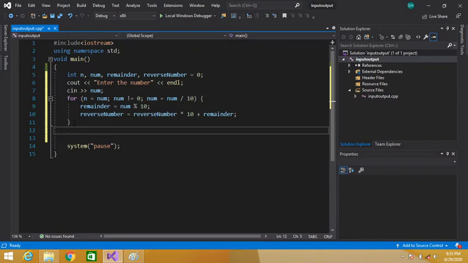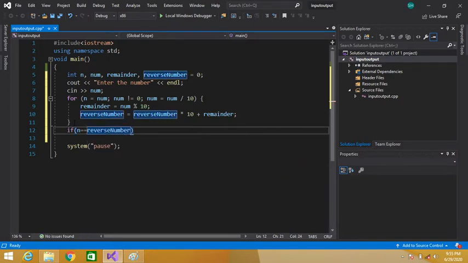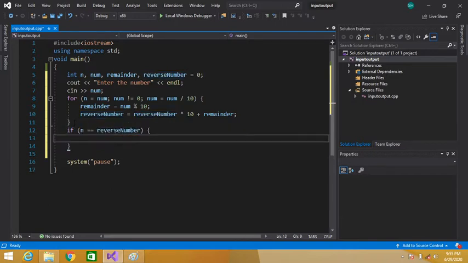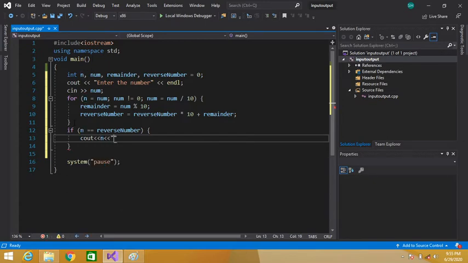Now we will compare our actual number with the reversed number. If these both are the same, then we will show that it is a palindrome. cout n is a palindrome.